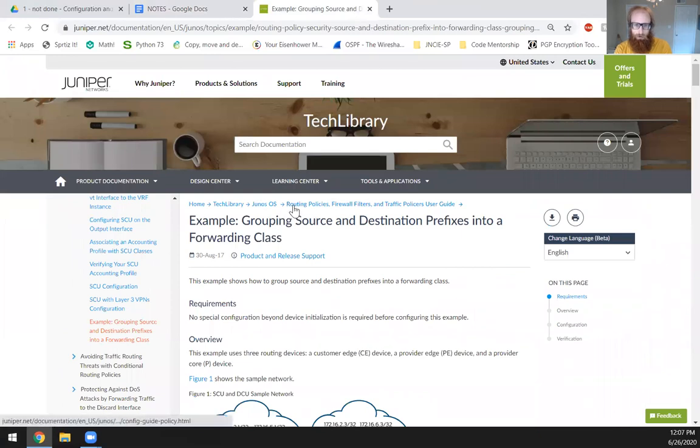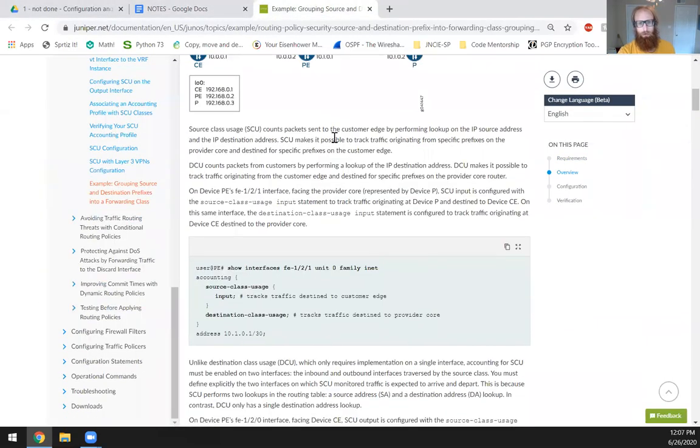Okay, so this belongs to routing policies, firewall filters, and traffic policers user guide, which is good because this is for learning about routing policy. So yeah, I think